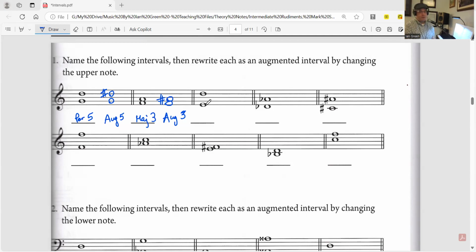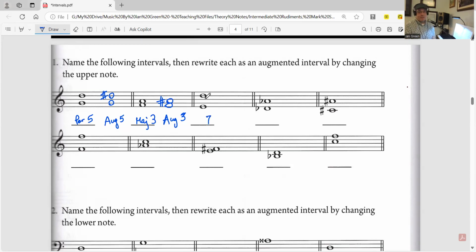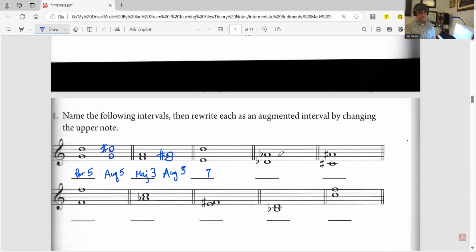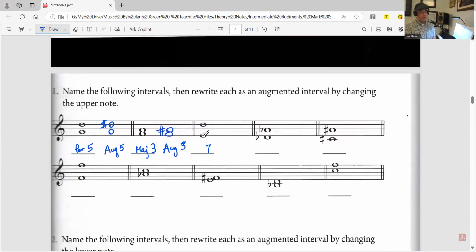Now let's count up the number of notes between E and D. 1, 2, 3, 4, 5, 6, 7. So this is going to be a seventh of some sort. Now if we go back to that handy dandy chart that we had on page 41, we know that traditionally in a major scale, a seventh is going to be a major interval. So then in the scale of E major with 4 sharps, the correct answer for a major interval would be D sharp. But in this case, that is not the case. So we have, instead of a major interval, in this specific example with E and D above,